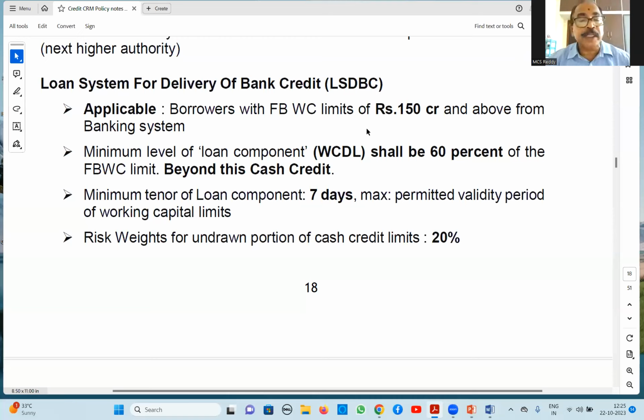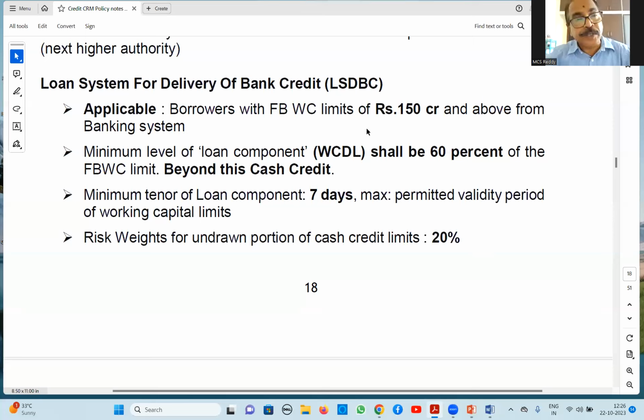Why 1 year? Because working capital limits are valid for 1 year. So minimum 7 days and maximum up to the tenability of the limits. This he can avail, working capital demand loan. So that you will have an idea, the party is availing limits up to some extent. And the remaining 60% is working capital demand loan. Beyond this, you give CC, cash credit limit. So up to 60% working capital demand loan and remaining maximum up to 40% will be in the form